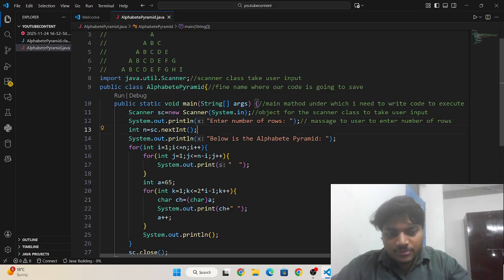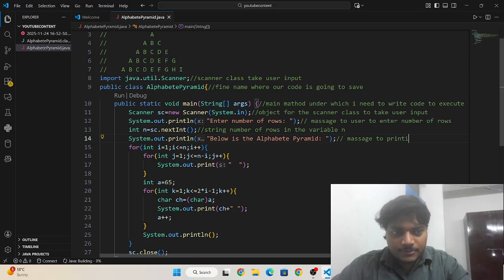And this is storing number of rows in the variable n. This is also a message, to print the result text.